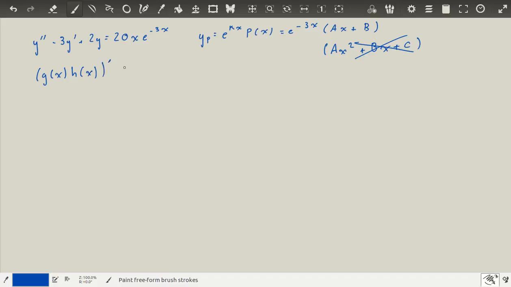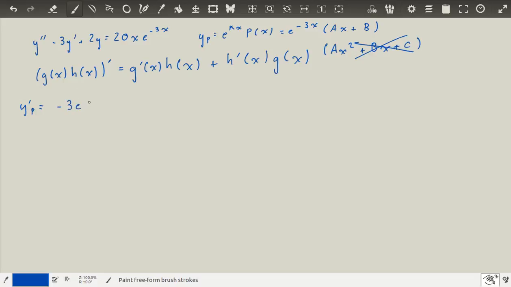If we're taking the derivative of g of x times h of x, that is g prime of x times h of x, so the derivative of the first times the second plus the derivative of the second times the first. That's a really easy way to remember product rule, and the long and short of it is once you apply that to the function I've shown you there, y prime of p is going to be equal to